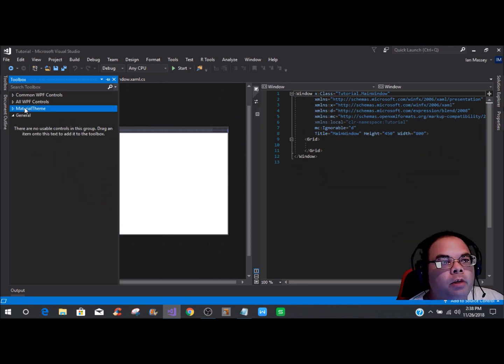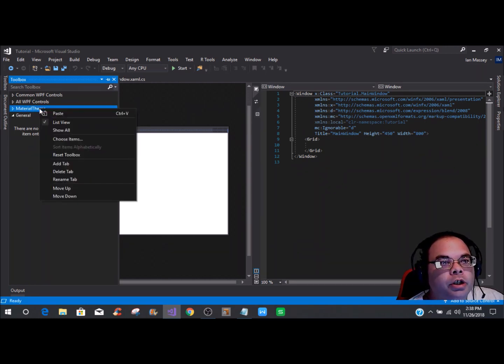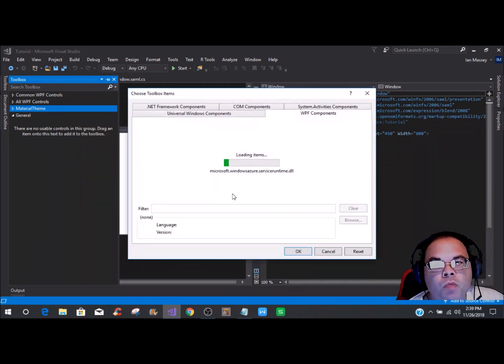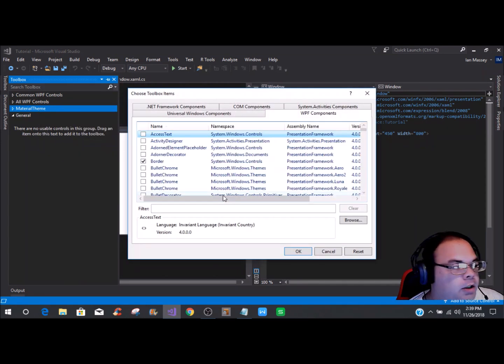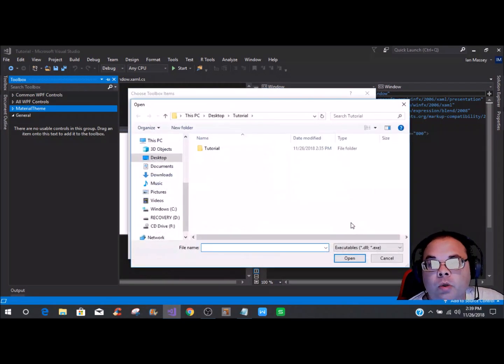Alright, then on the material theme, you're going to highlight the material theme, right click, and go to choose items. It'll take a minute to go through if you have not opened this up before. This is the part we have to pay real good attention to, where you put the project. So we're going to go to browse, and then go to the name of your project, and then